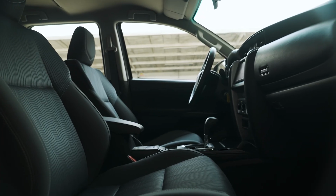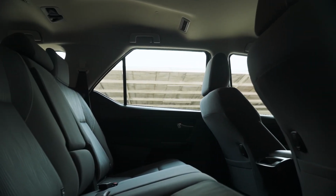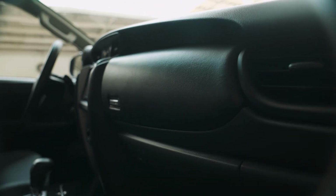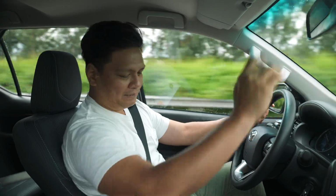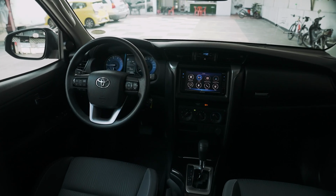All right, so interior, inside the Toyota Fortuner, this is the entry level, all right? So don't get your hopes up too much. It does have some soft touch materials on the center console and on the door panels, but most of it is actually just hard plastics. Hard plastics everywhere, black and plastic, and especially in the shifter area, shifter column,